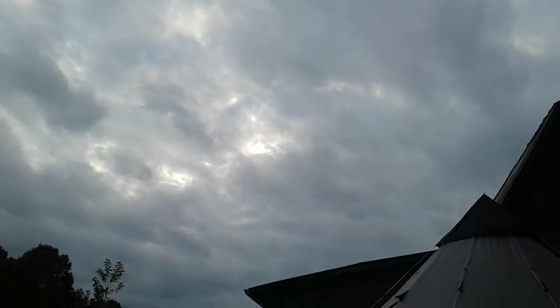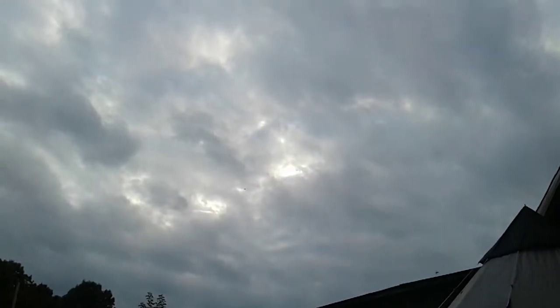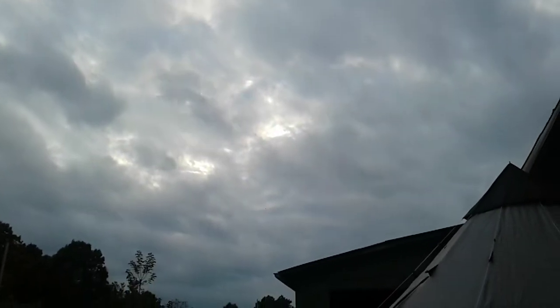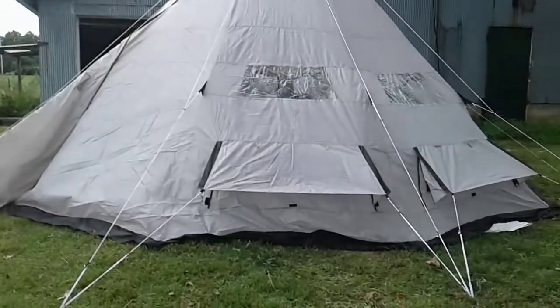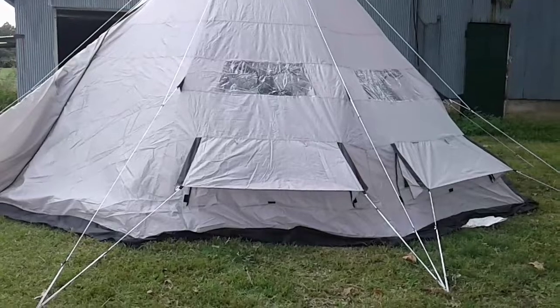Well, I think that's about where the sun is. See the butterfly? That thing's just floating on the breeze. Okay, so